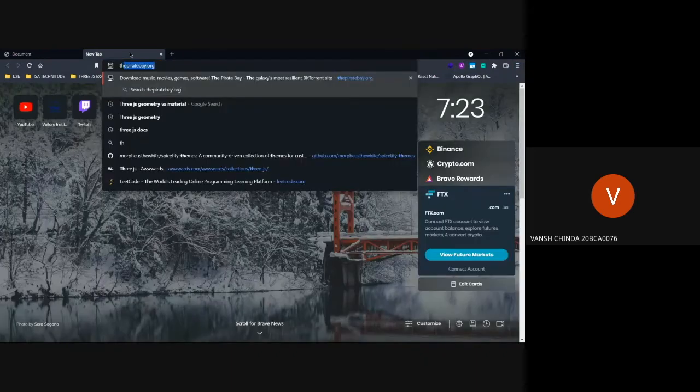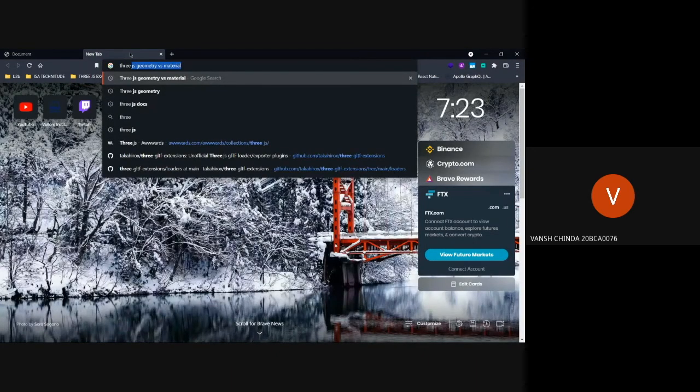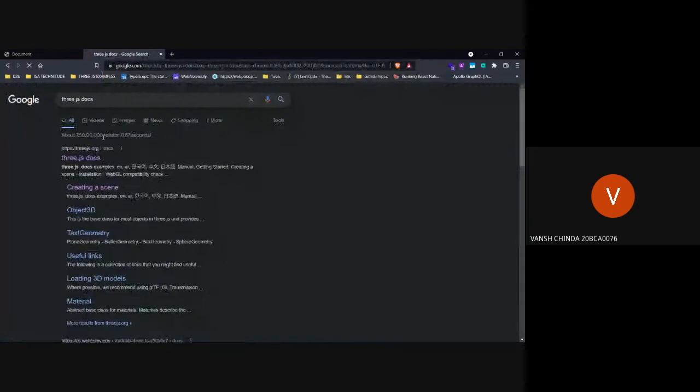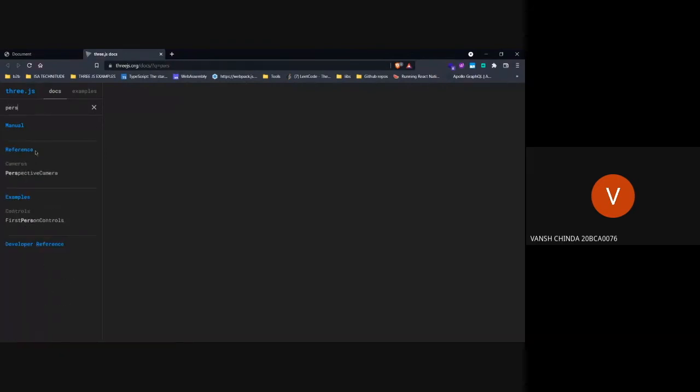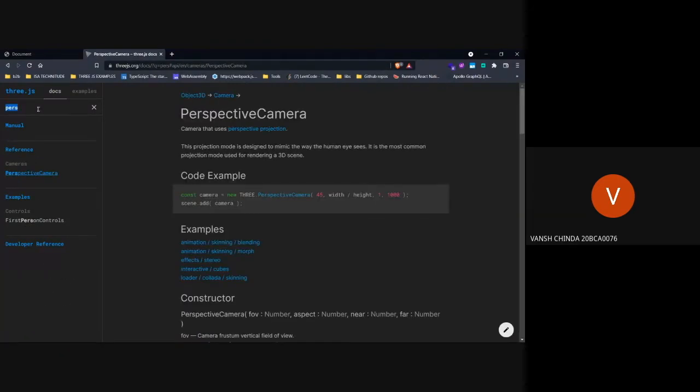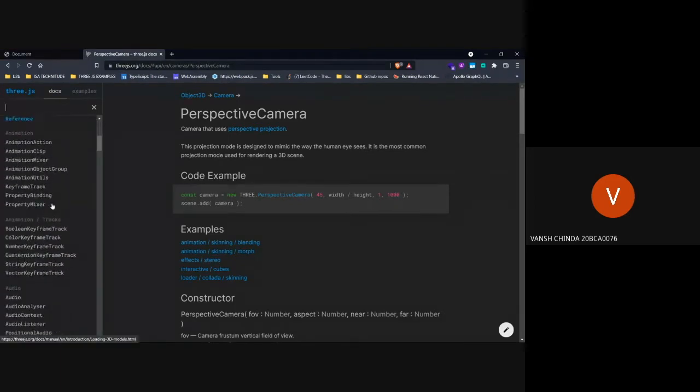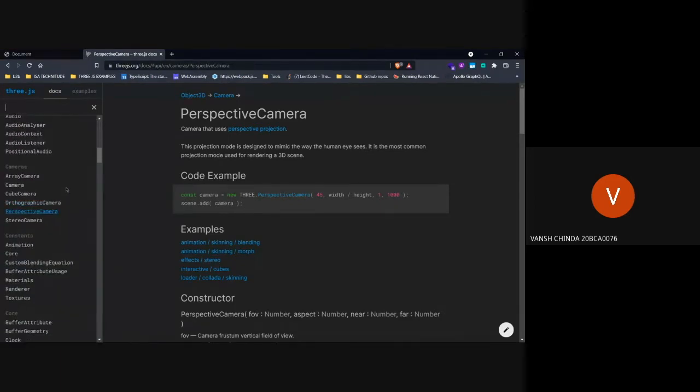So I'll go to the docs. Let me open the docs here as well. 3JS docs. You can just simply Google that and open it. Okay, so let's search here. Perspective camera. And I'll show you the cameras that have been explained. There's orthographic camera and perspective camera. There are some other cameras as well, cube camera and sphere camera, but usually you will most probably use these two. But you can read about them as well.